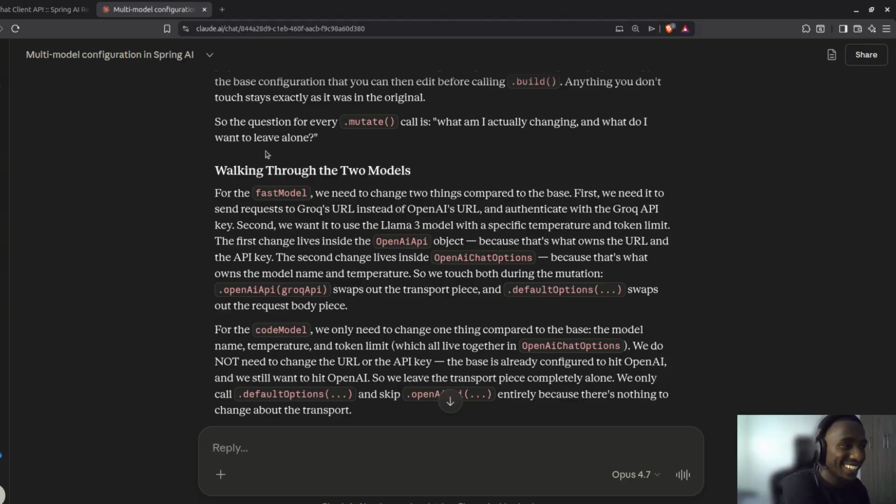Okay. I get it now. I get it. Yeah, fantastic. So it's just like changing. Man, English. So we're sending requests to Grok's URL instead of OpenAI URL and authenticate with the Grok API